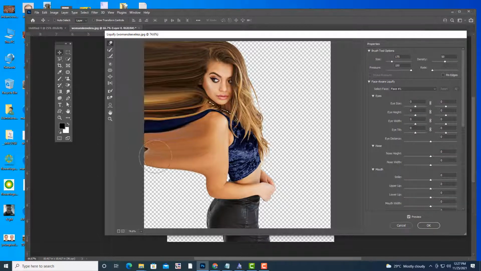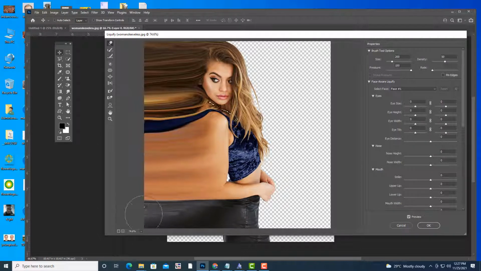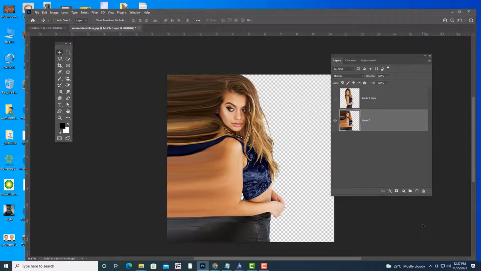Just increase the size of the brush. I think all of you know now how to increase. So like this we have to stretch the side part, and then just click OK.